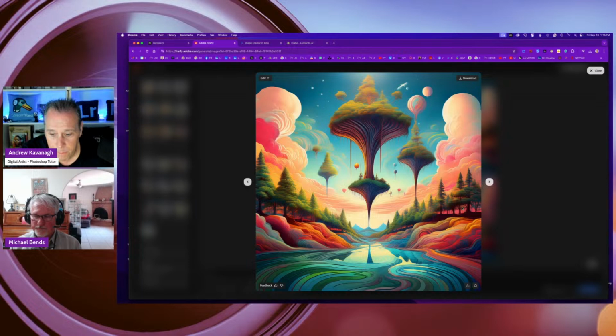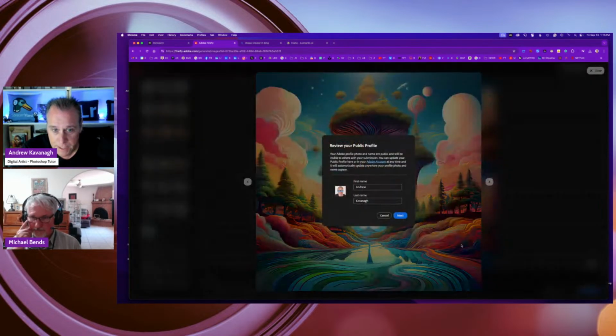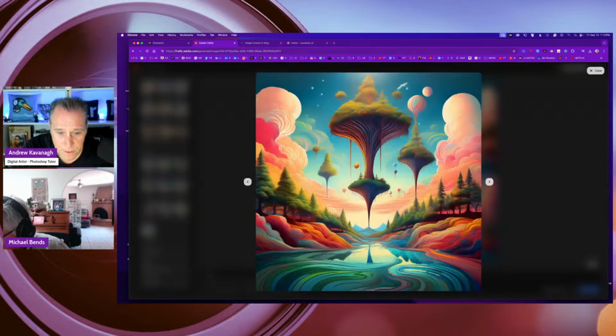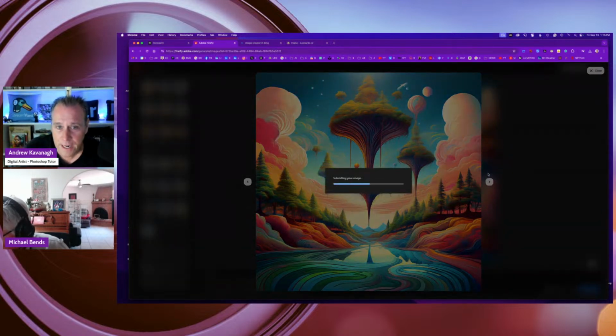And then from the bottom, you can favorite it if you want it to be part of your favorites gallery. And then with the upload icon, when you click on that, you can copy a link to the image or copy the image, save to your library, or submit to gallery. So this is where you would go to submit to gallery, and it puts your name there. Then you hit next, and it reminds you that if it's added to the gallery, anyone can view the image, also use and remix the prompt, and like your image. So certain images that I think are good from a series, I will submit to the gallery.